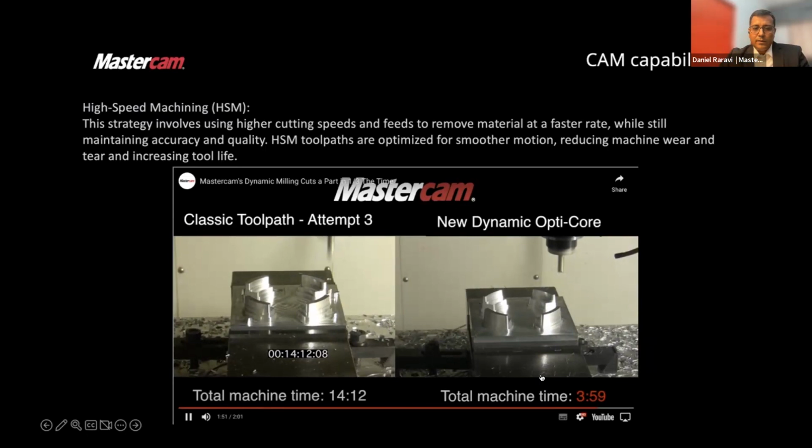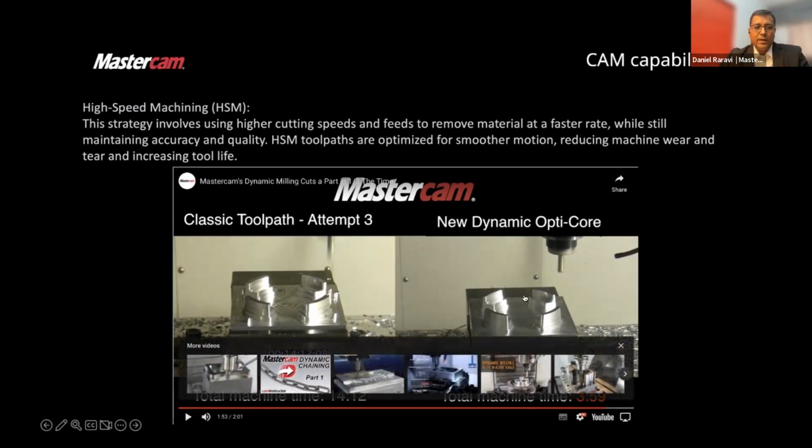Interestingly enough, we see that the total machining time to complete this is 3 minutes 59 seconds, whereas this one was over 14 minutes. And the strategy is the main difference in terms of achieving these benefits here.